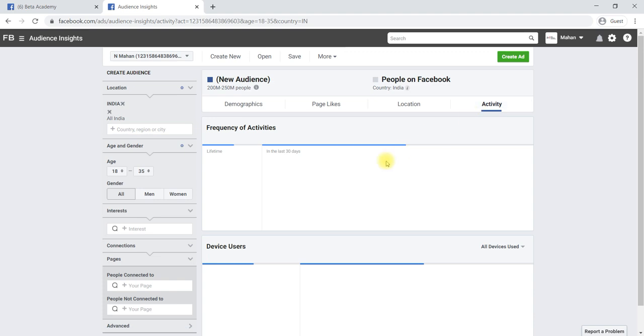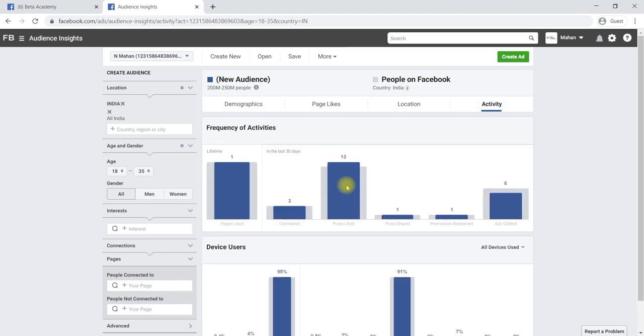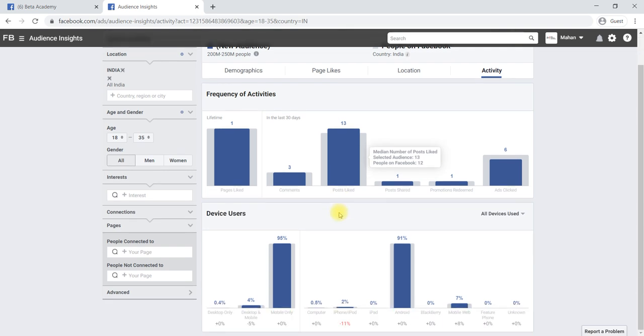And activity based, like what kind of activity this audience we have selected is doing, that is page likes, post likes, how many of them are using a mobile, how many are using a desktop, how many are using Android.